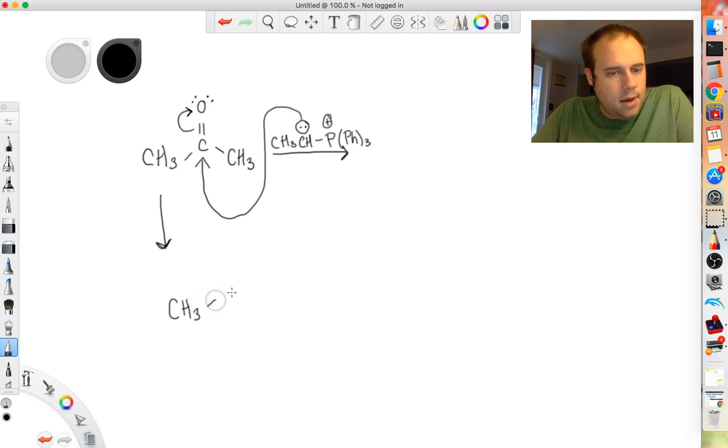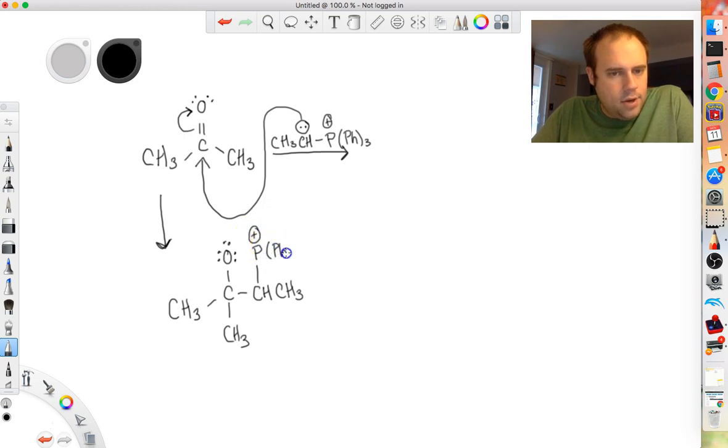Okay, so now the way I like to do this, and you'll see why in a second because of the intermediate, I usually like to take whatever was on the right of my aldehyde or ketone and swing it down into this position right here. That's because this reagent is going to interact with the oxygen, so we kind of want to set it up there. So what I've got here is the CH and the CH3, and then this right here would be the phosphorus